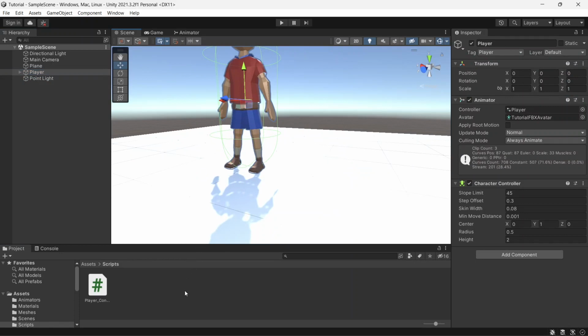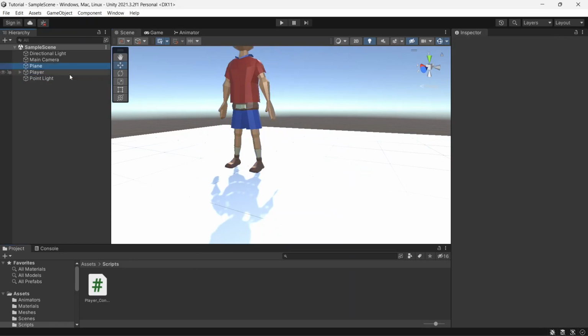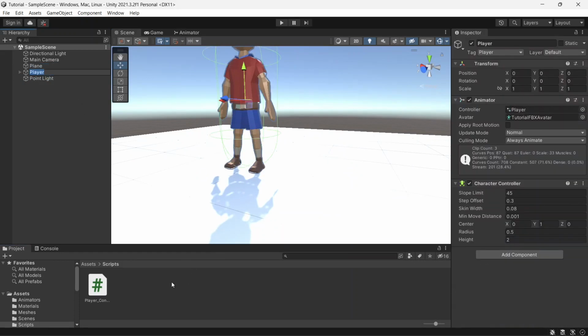Now we have to add the script to our player. If you created the script in the first method by using the project folder, you have to add this to our player in the inspector. So I'm just going to drag and drop it into the inspector of the player. Then I'm going to double click to open this in Visual Studio Code,